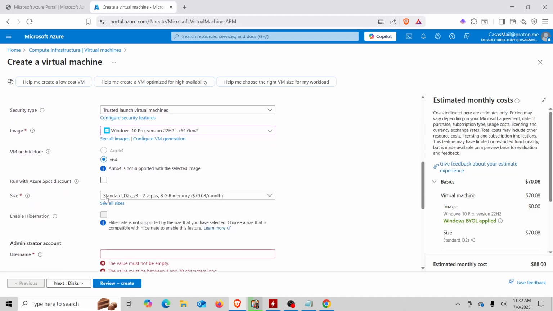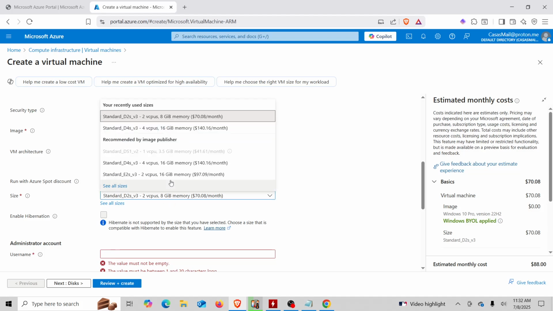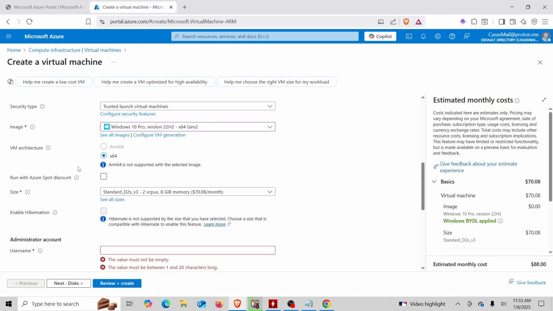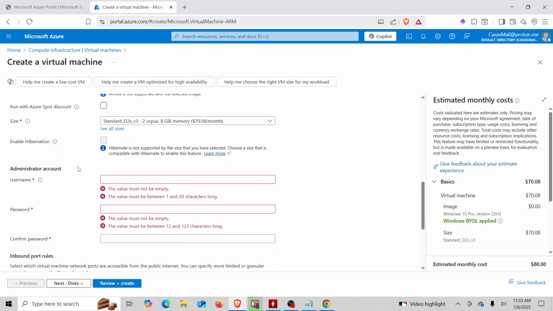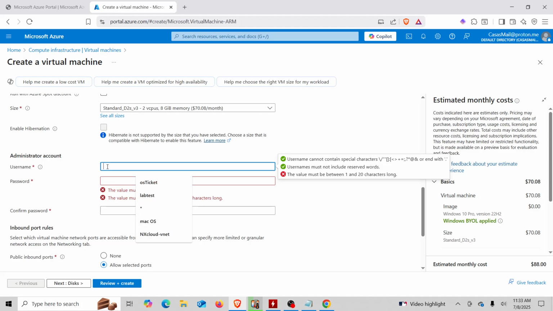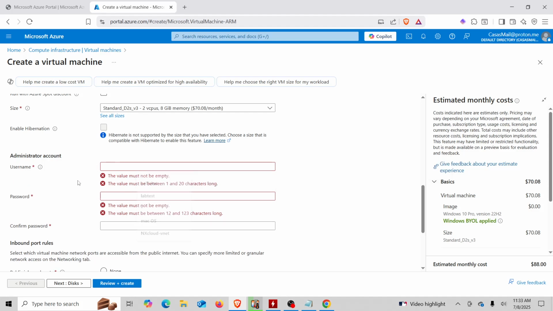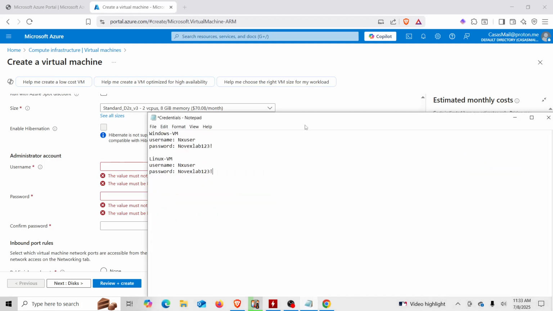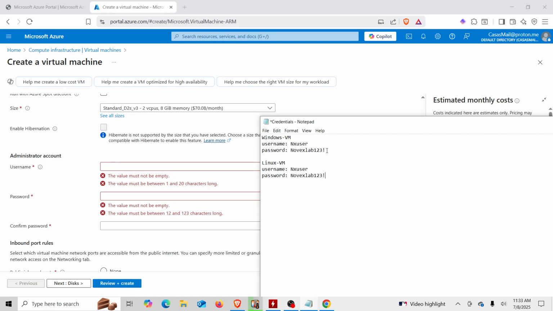Going down, then for size, we're going to select 2 vCPUs and 8 gigabytes minimum. You can go higher for vCPUs, but 2 vCPUs is good enough for what we're going to do. Keep going down, and then for username, we're going to use, take a look here, NX user,